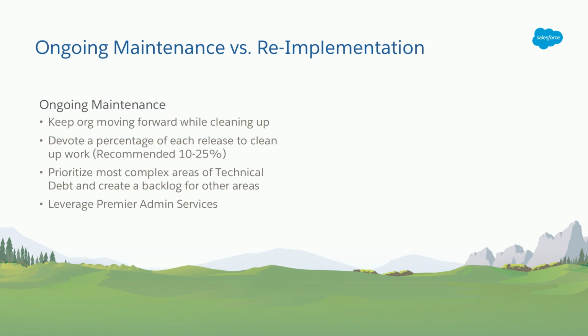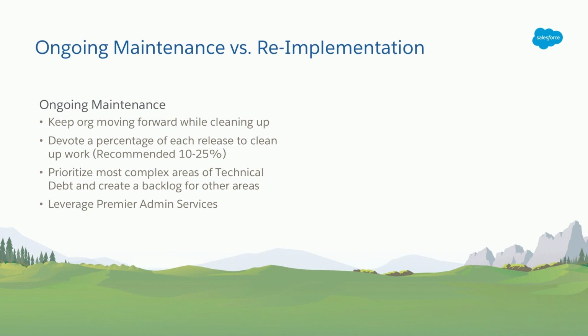Now, ongoing maintenance is usually the most preferred method. You basically keep the org moving forward, still adding new features while cleaning it up. But you're devoting a percentage of each release to clean up your work. I don't care if you're waterfall or agile, figure out a way to block out a certain percentage of every release to get to a cleanup. I recommend something in the 10 to 25% range,